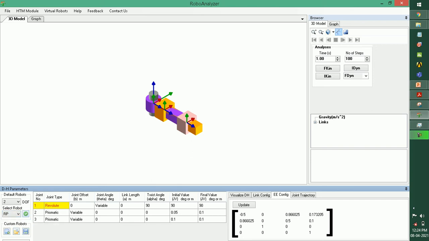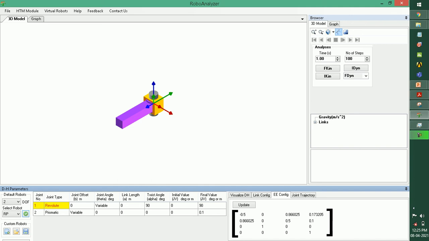After clicking over here, the configuration is going to change, and with respect to the parameters which we found for our problem statement, you kindly note these parameters in the joint. Actually I tried already, so these parameters are shown. I am going to tell you in which manner we have to fill these values in this software. The first value which we find, joint offset, is 0.